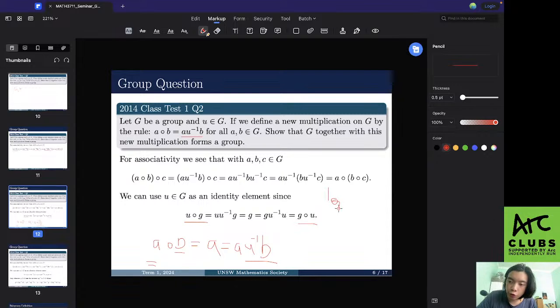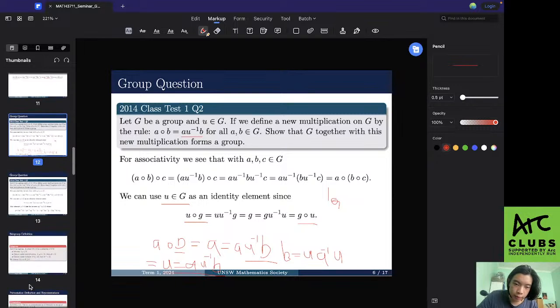But in this new group, our identity we just found was U. So we want to find out when is A circle B equal to U, and we let this be A U inverse B, and we can rearrange this to essentially get B is equal to U A inverse U,